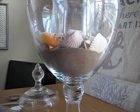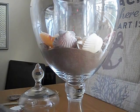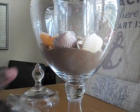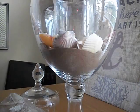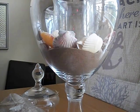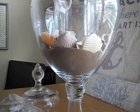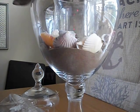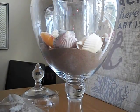So, and that's pretty much it. So the last thing we will do, and you know, if you wanted to, you could. I think that's what I might do. Let's try to see how far this can go, how many shells we can put in here. And we'll just put enough shells in until you get happy or you think there's enough shells in there. And I think I'm liking it,